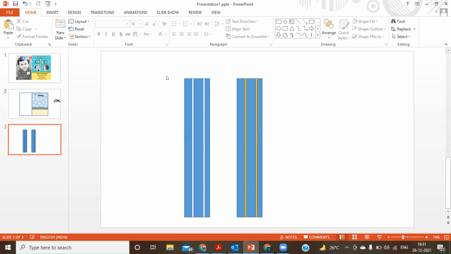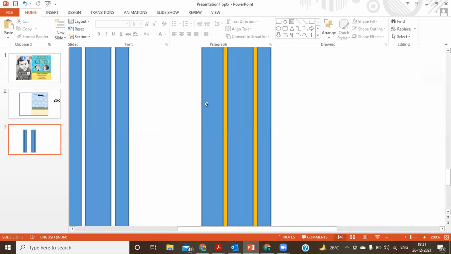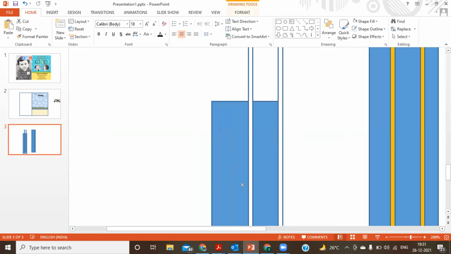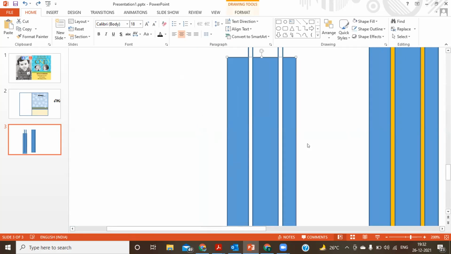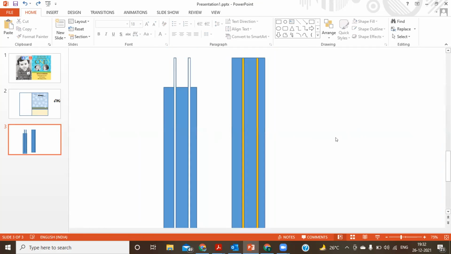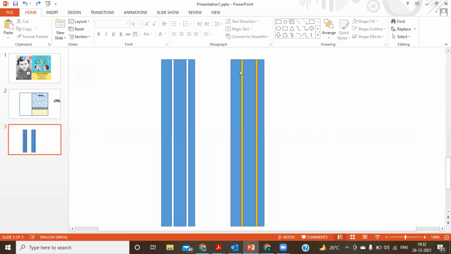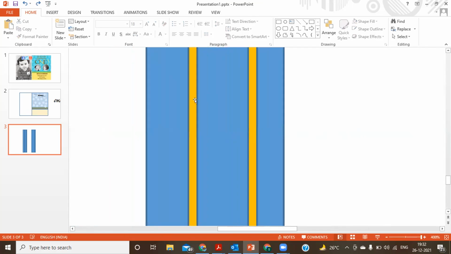Now, what will happen is, when you are trying to insert these particular beams in this, a contact will happen between these two.